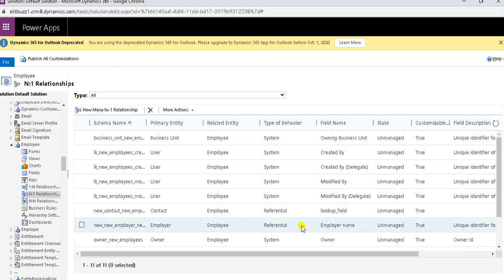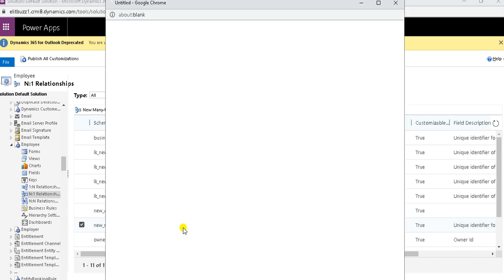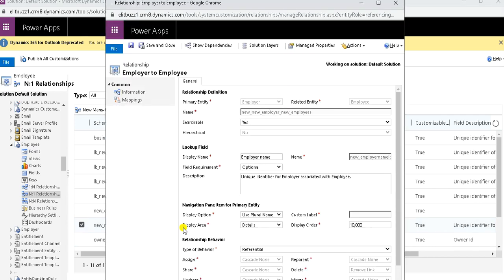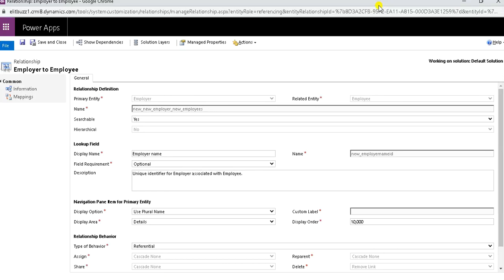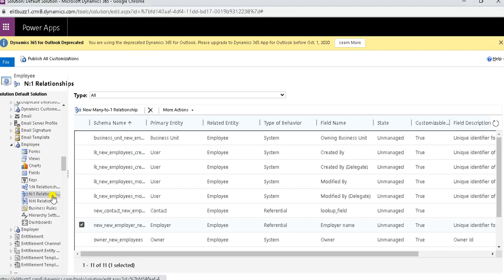So you can see the entry is automatically created, because I haven't created any N:1 relationship as of now. This is created on the basis of the relationship which I have created earlier. Here the primary entity is employer, and the related entity is employee. So in this way we can create 1:n or n:1 relationship as per the requirement.